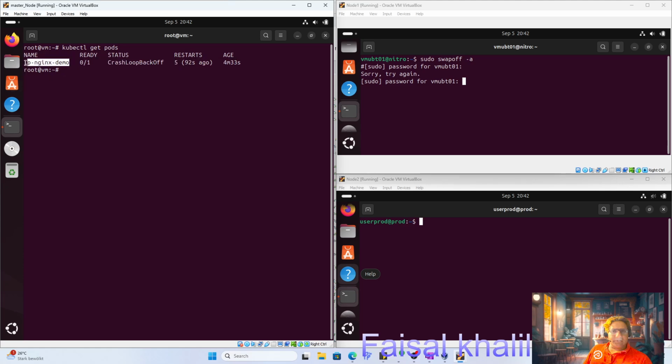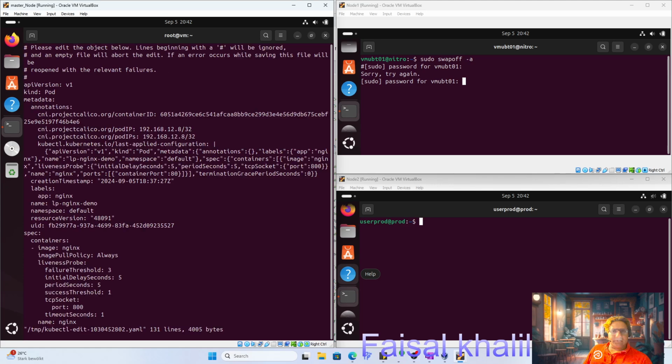Let me copy this resource, kubectl edit pod, and the pod name. Great, we come up with this idea to edit this. Here the port was already 800, which is not right. Now I am not sure how I can